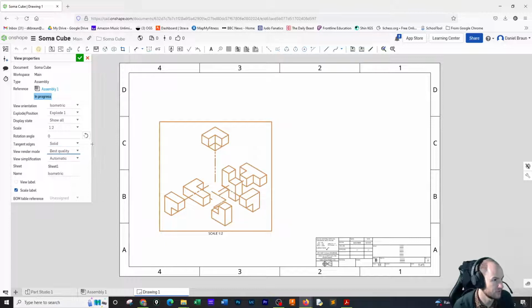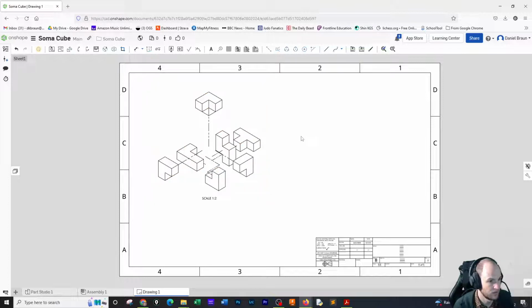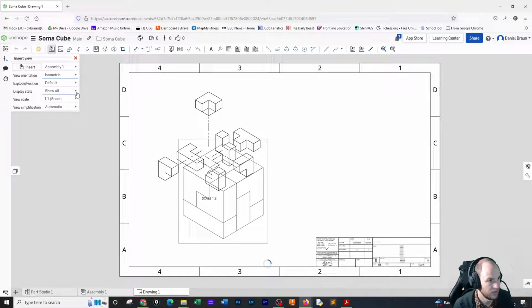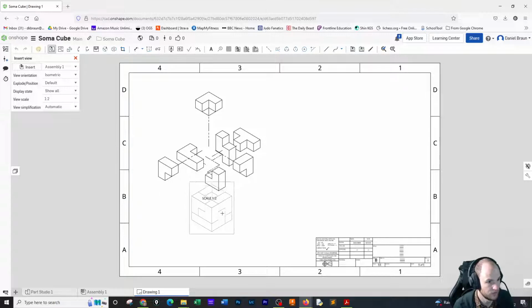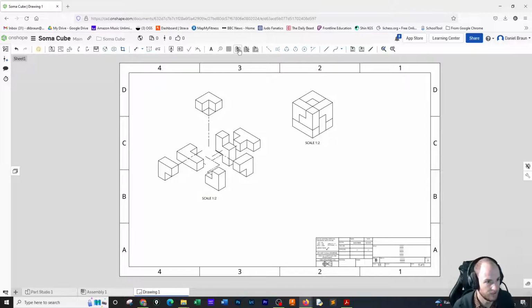Just trying to think if there's anything else I want to do in here, looking at it. I'm going to go here. I would like to put a solid one. No, in an isometric. And since I did the one, I must do the other, a 1:2. And I'm going to put a bill of materials